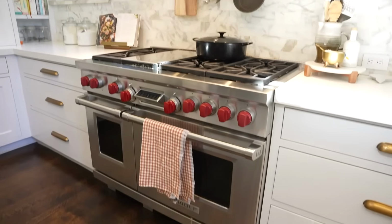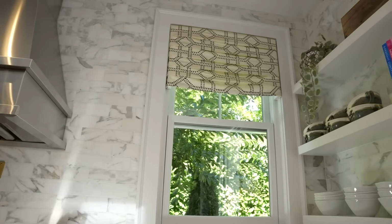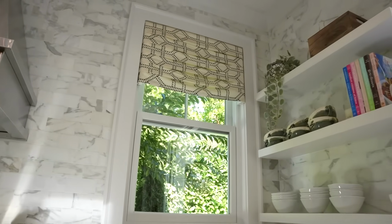So we have multiple ovens because, again, family, holidays, lots going on. One of my favorite things to cook, especially when it becomes fall and we're a big football family. My son plays football in college. My husband played. We are all about fall, football, family, and chili. So a lot of times you'll see chili on the